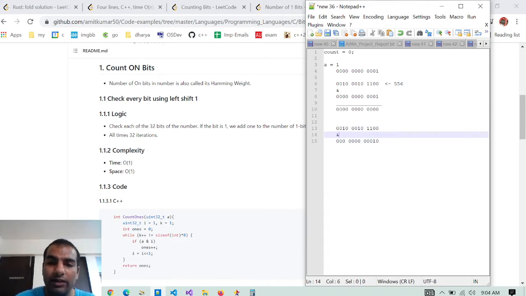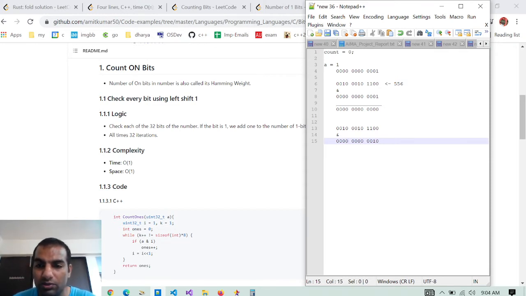So again we'll AND it. In this case again all zeros. 0 and 0 is 0, 1 and 0 is 0, and similarly all these are zeros.